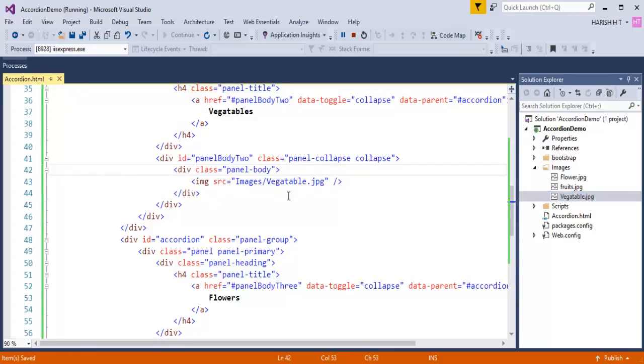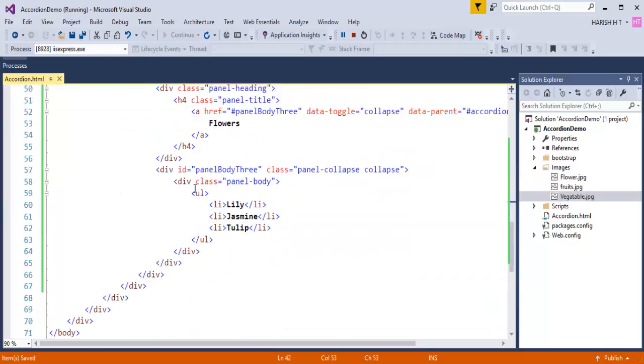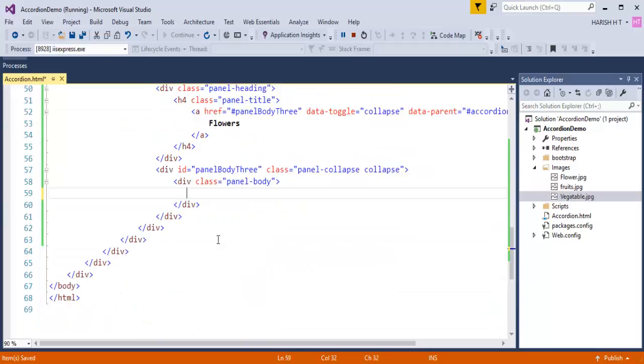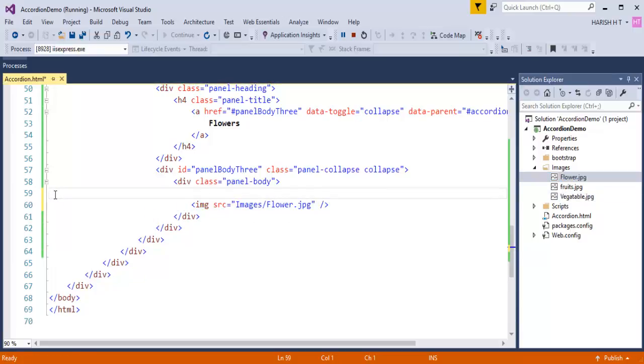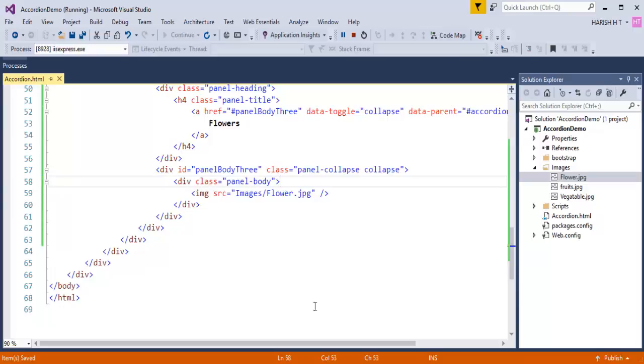Okay, and coming to the last one, that is flowers, let me remove this. Control S. Let me drag and drop. Yes, it is done. Now Control S, let me go back and let me refresh. You can observe